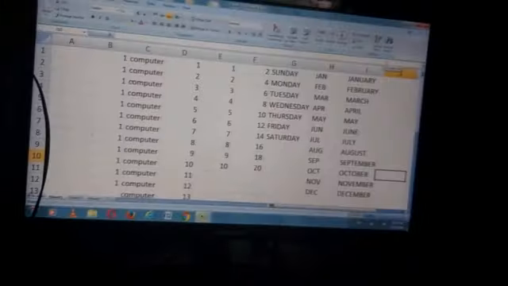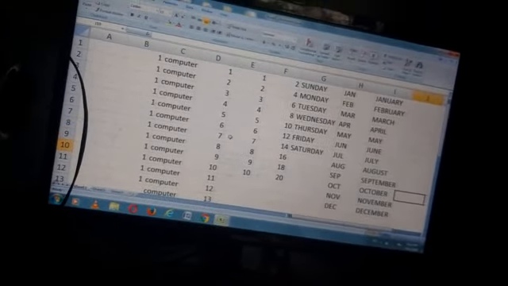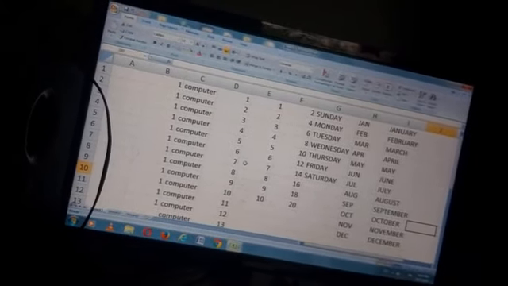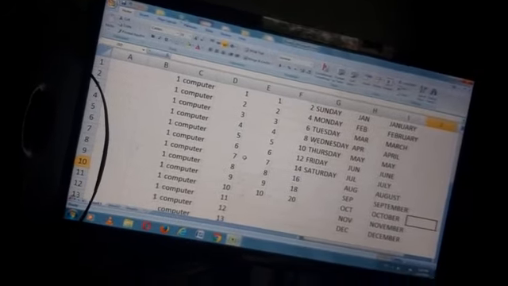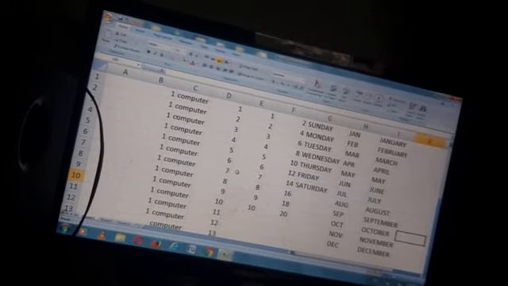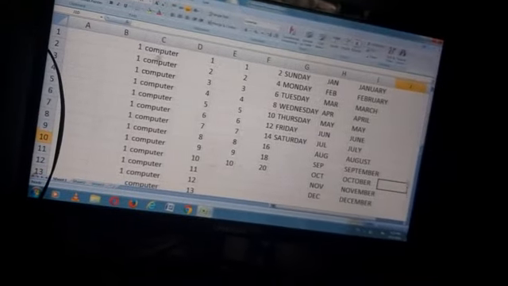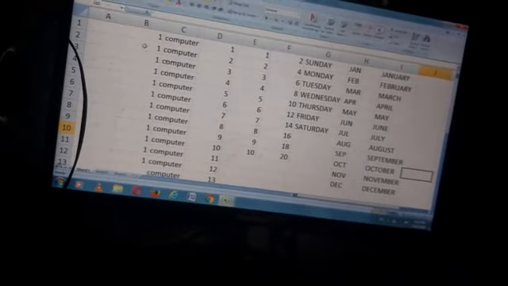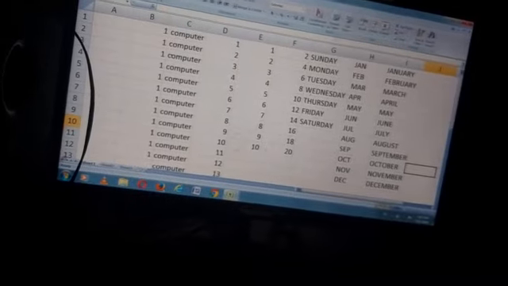By using the autofill feature in MS Excel, you fill a consecutive series of cells based on the value existing in the selected cell. This feature is very useful when you want the same data in the entire column or want to enter a common series of data. So if you want the same number in the whole column, you have to type one number or one name and drag the mouse. So you can get the same number, the same name.